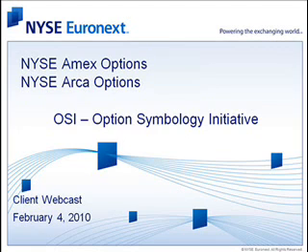So right now, if somebody wants to trade Microsoft July 22.5 calls, they need to know MSQGX. After we go through the Symbology Initiative, all you need to know is Microsoft July 22.5 calls. So it is a way to simplify and eliminate a lot of the confusion that's in the industry right now.